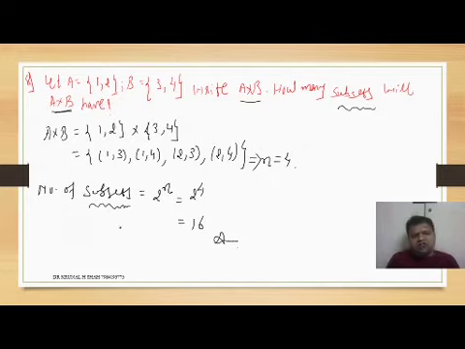Once again, this we have already studied in the first chapter, that the total number of subsets of any set will be 2 raised to n. So यहाँ पे 2 raised to 4, that is equal to what? So 2 raised to 4 equals 16. So we have a total of 16 subsets. Is it okay? Make a note.